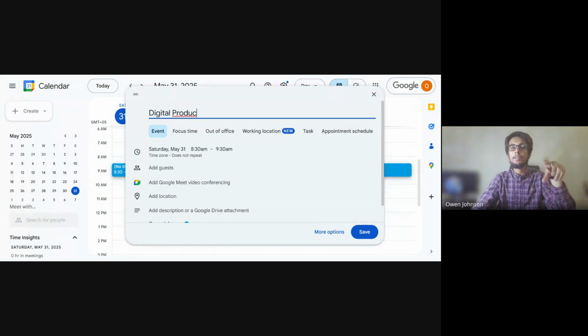If you randomly give a title, then it shows very unprofessional behavior, and the other person will get no idea about the meeting details, like the topic of the meeting, the agenda of the meeting. So the professionalism starts from the very basics. You need to give it a proper title. Okay, so we are going to give it a proper title: digital productivity